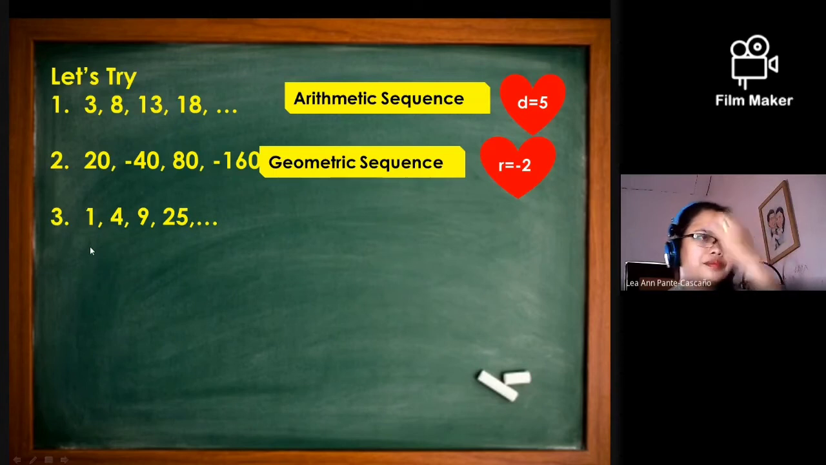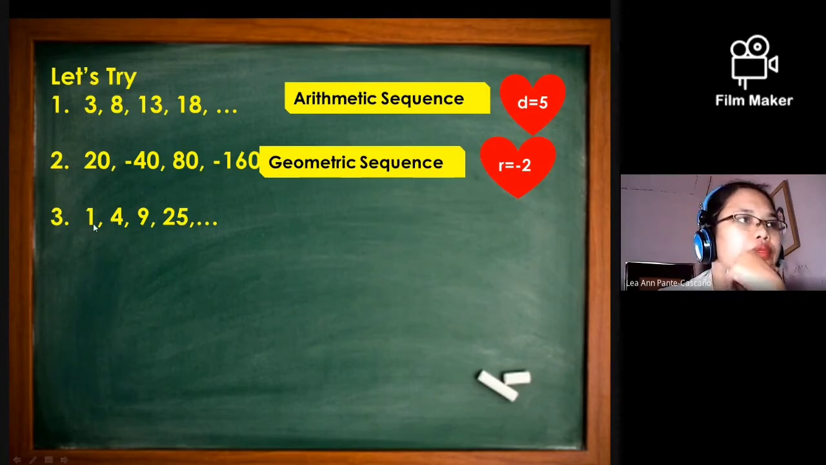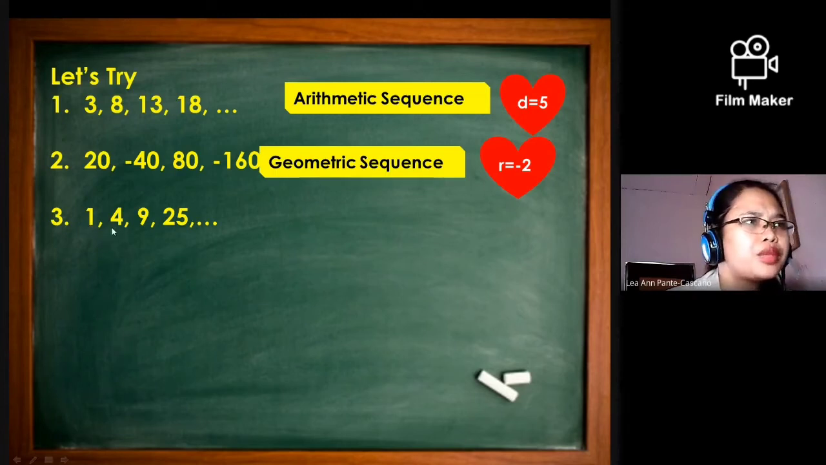Number 3, 1, 4, 9, 25. Check natin. Nag-multiply ba tayo? Nag-add po ba tayo? Let's see. 1 times 4 is 4. That's correct. So, kung minultiply natin si 1 ng 4, dapat i-multiply din natin si 4 by 4. So, 4 times 4 is 16. The problem here is wala po